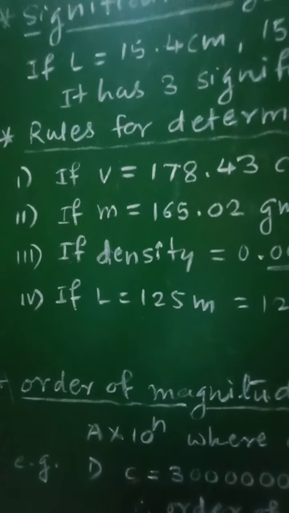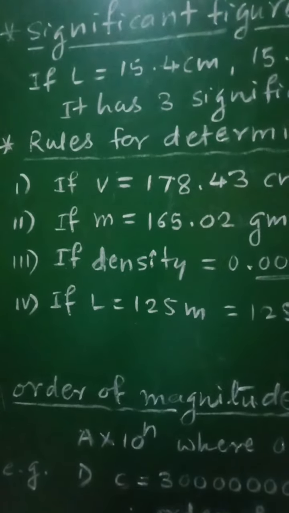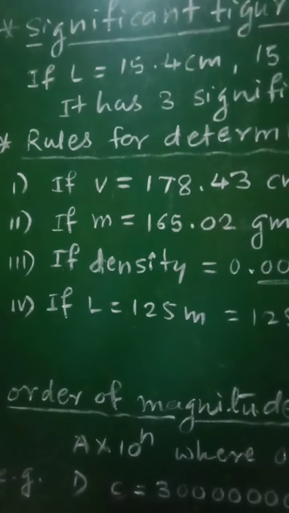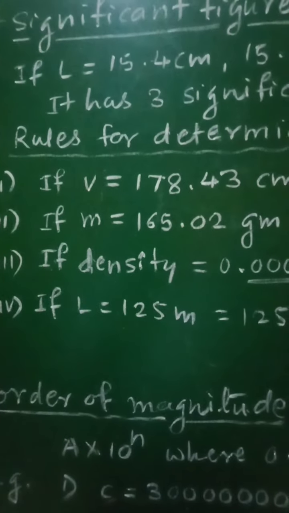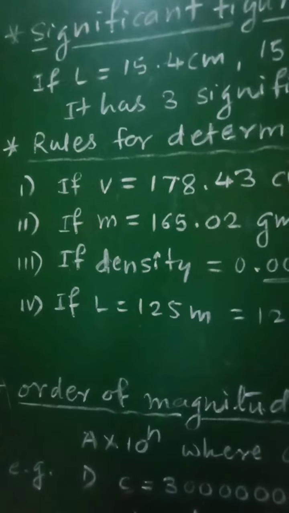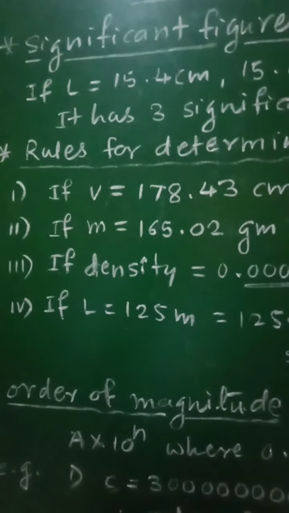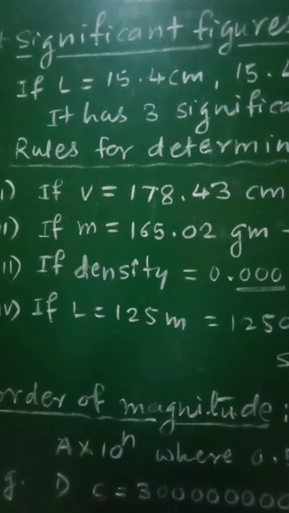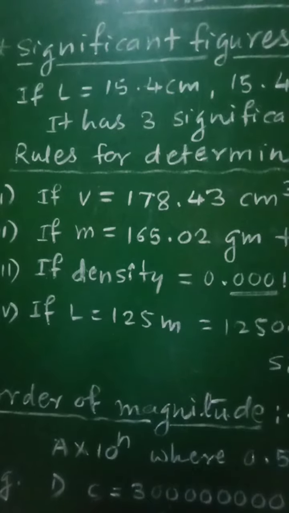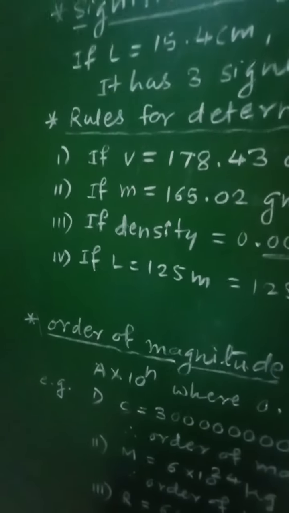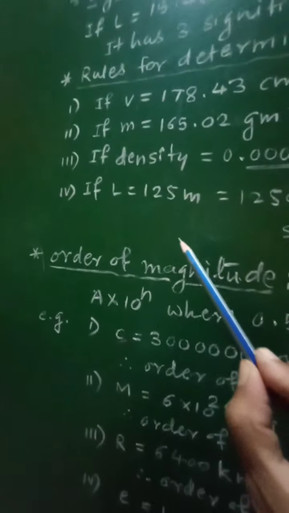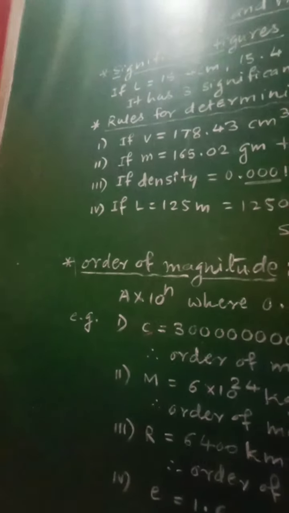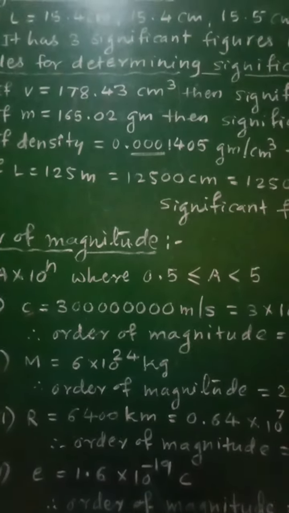Now let us go for the fourth rule. The zeros on the right side of the last non-zero number are significant when the number is written with a decimal point. If any number is written with a decimal point, then the zeros on the right hand side of the last non-zero number are significant. As an example, we will consider here, if the length L is given as 125 meter, so it is given in terms of meter, that is 125 meter, then it will be expressed as